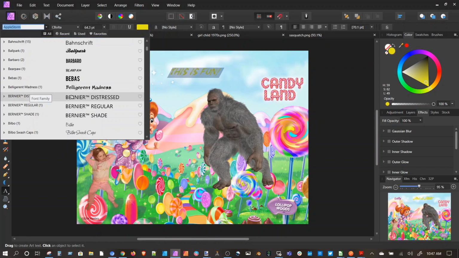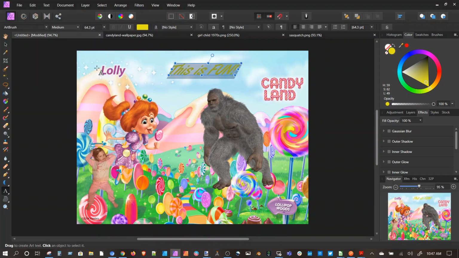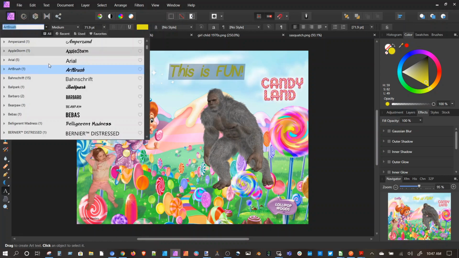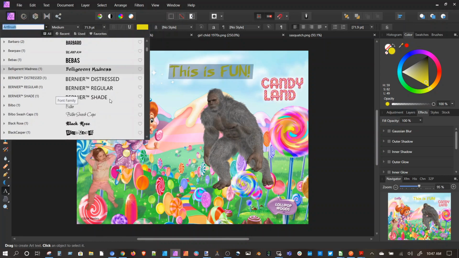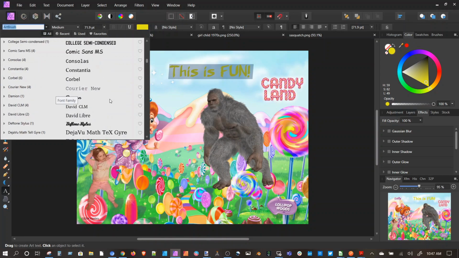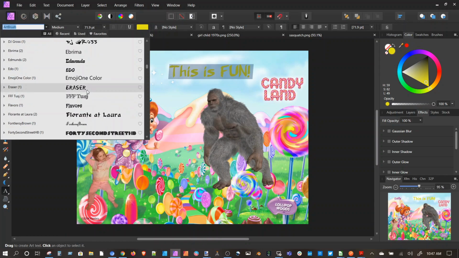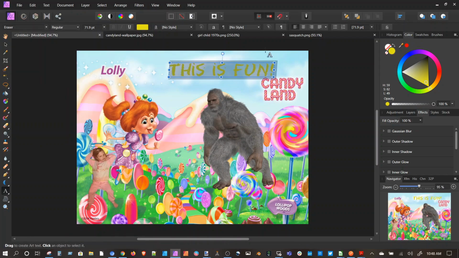It doesn't slow down my computer. I actually have a pretty good computer, but sometimes going through fonts, I guess, I don't know. All right, so you see,